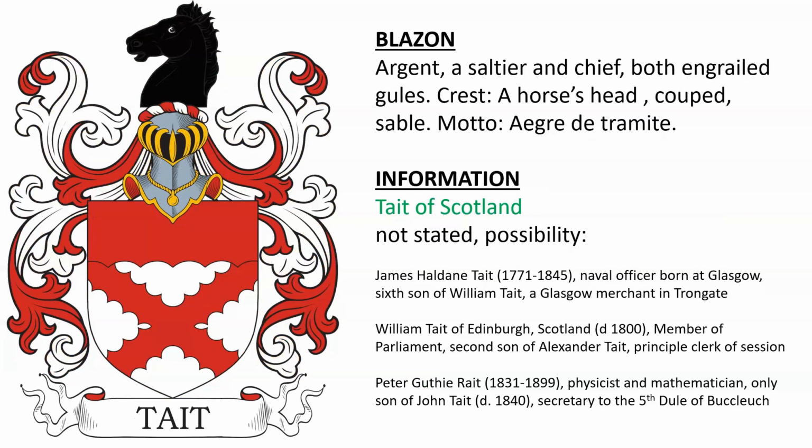Argent, a satyr and chief, both engrailed gules. Crest, a horse's head cooped sable, said to be for Tate of Scotland. There was a James Haldane Tate, born 1771, a naval officer, born at Glasgow, the 6th son of William Tate,